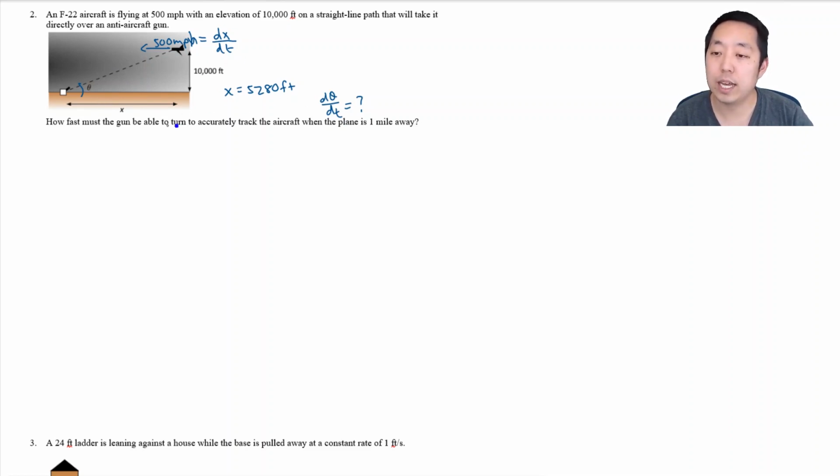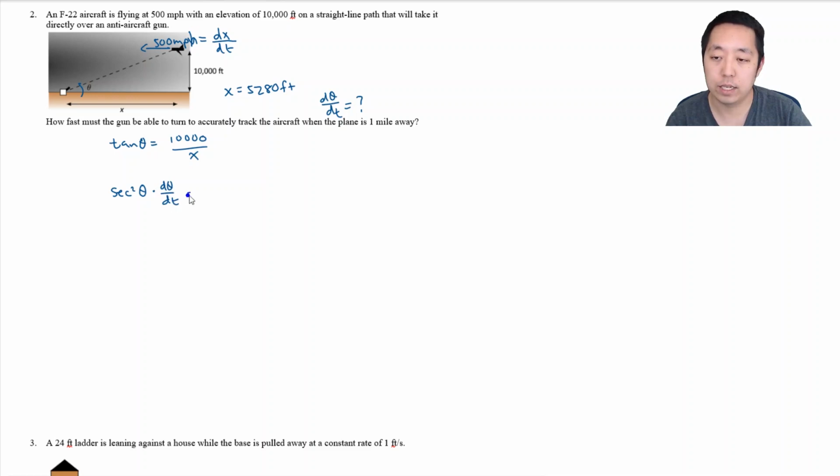Well, I just need to relate x and theta. And if you think about it for long enough, I can think tangent of theta is 10,000 over x. And so now I can take the derivative of this. The derivative of tangent is secant squared theta. Okay, but I'm taking the derivative with respect to t. But since the inside's not t, I got to do by chain rule, multiply this by d theta dt, the